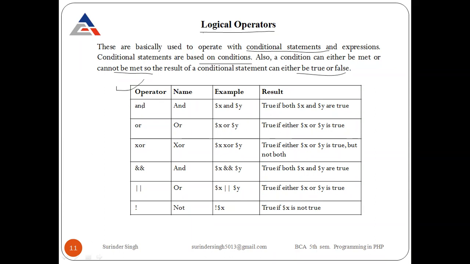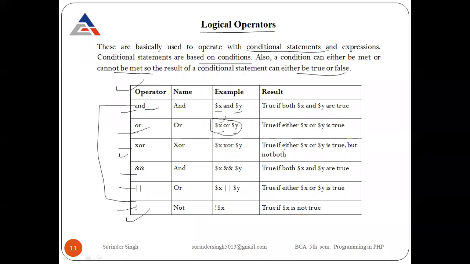And here the operators are the AND operator, OR operator, XOR, logical AND, logical OR, and logical NOT. Clear? Logical NOT is a unary operator, and these are the binary operators. AND returns true if both X and Y are true. Or it returns true if either X or Y is true. In this case, we need only one true for getting the result true. And in XOR,